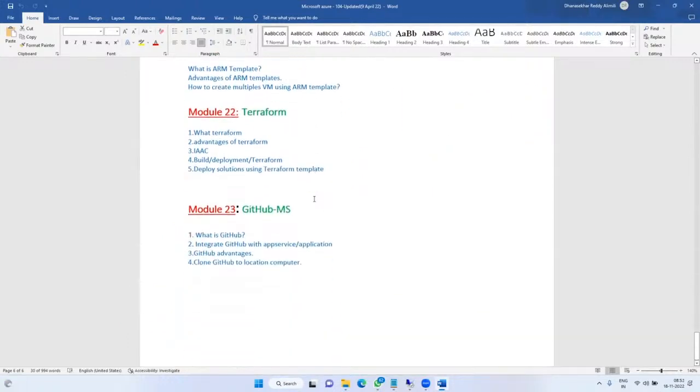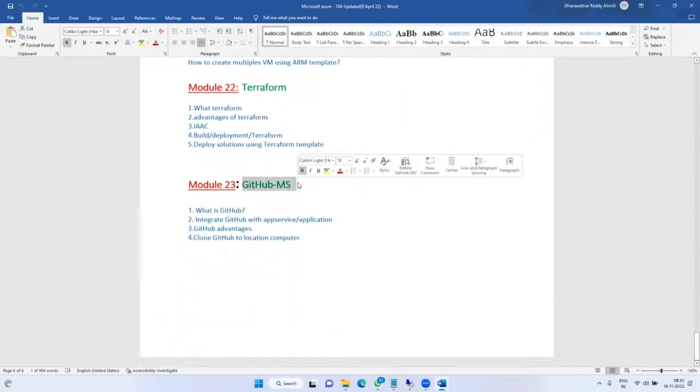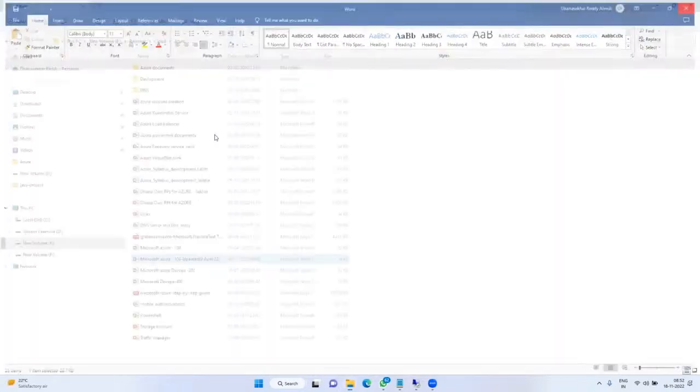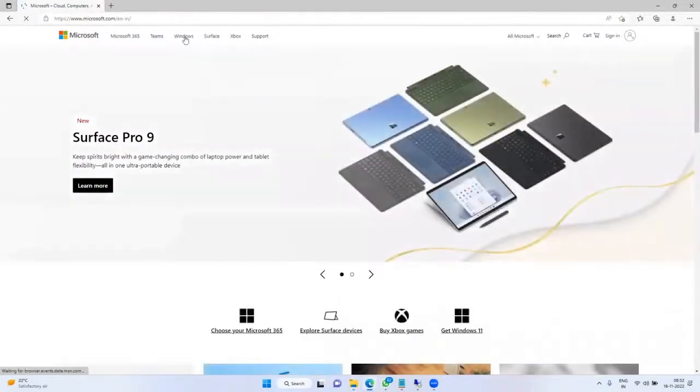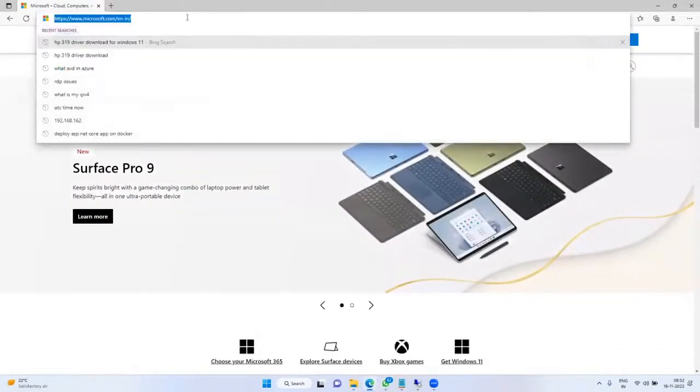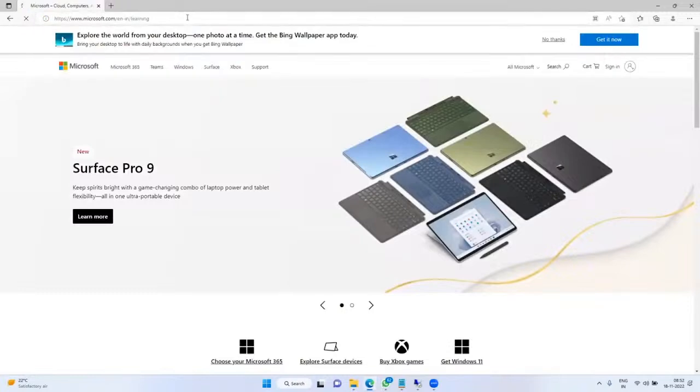Next, module 23 is GitHub. What is GitHub, how to use GitHub, and how to maintain our project source code, that we'll see in module 23. These are all about the AZ-104 syllabus. If you have any queries, you can go to microsoft.com and navigate to learning.